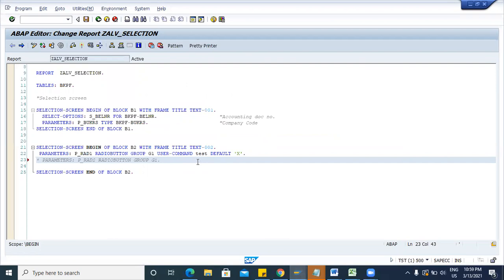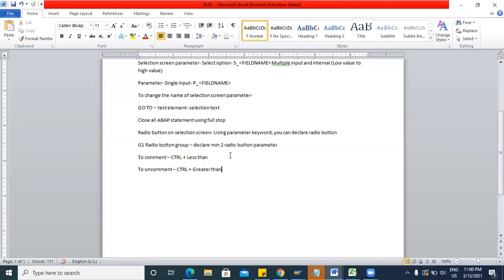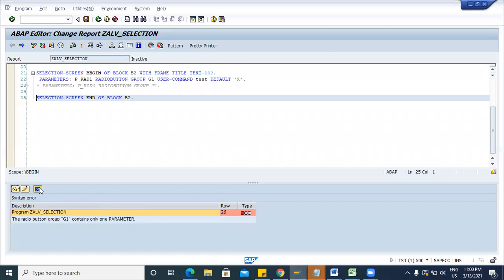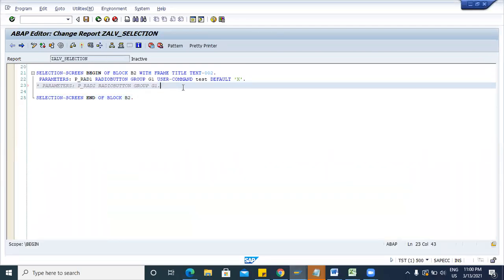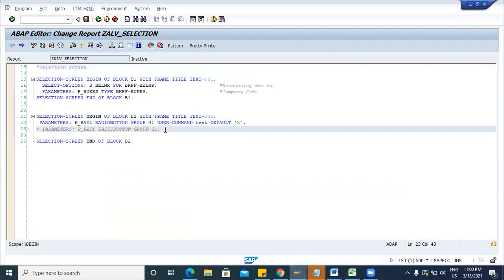Now let me show you that it will throw an error. Check your code. The radio button group G1 contains only one parameter. So what I have explained is that you have to declare minimum two radio button parameters, otherwise it will throw an error. Is it clear now? So you have to declare two parameters, otherwise it will not be activated.